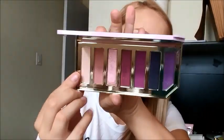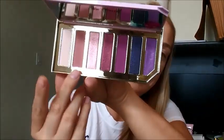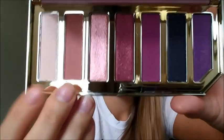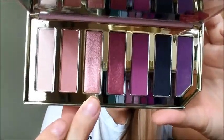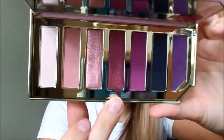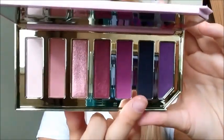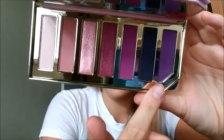So this first color here, this is Dazzle, Pink Suede. Sorry, I'll get closer. Razzle is next. Buried Treasure. Boys and Berry. Oh, that's really cute. Bad to the Berry. And then this one here is That's My Jam. So I'm going to swatch a couple at a time just so that we don't...